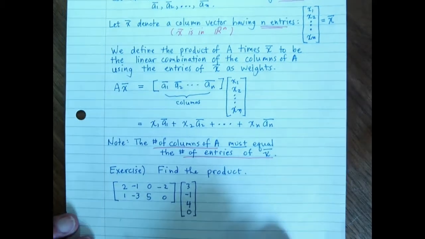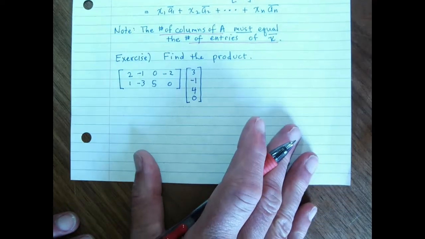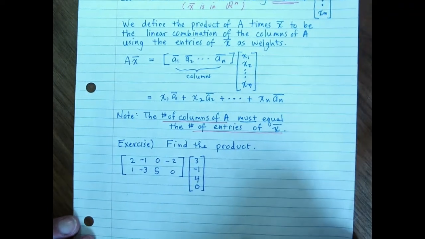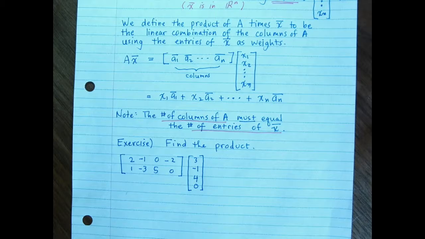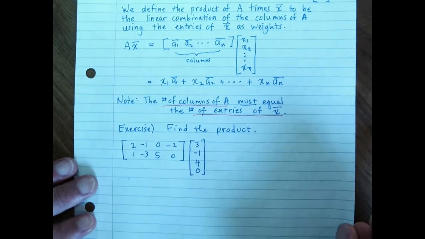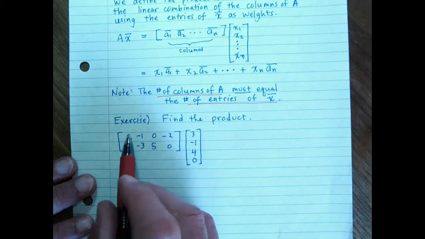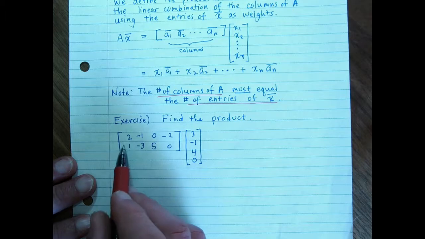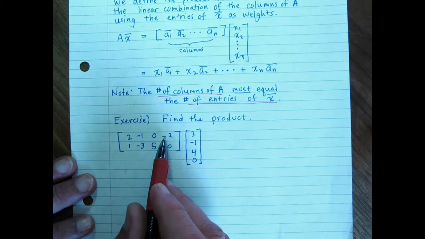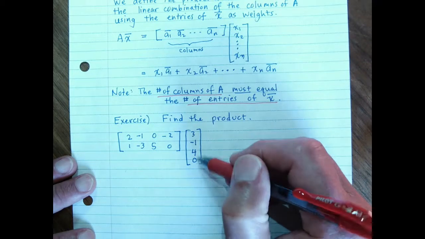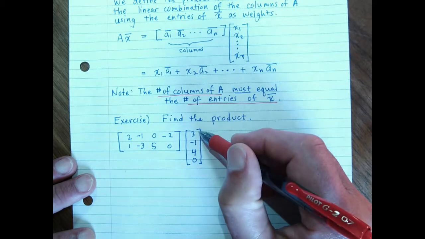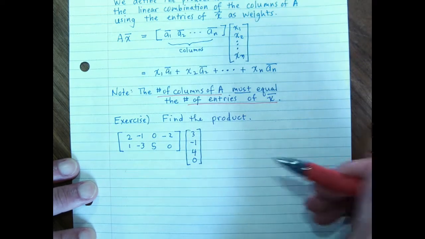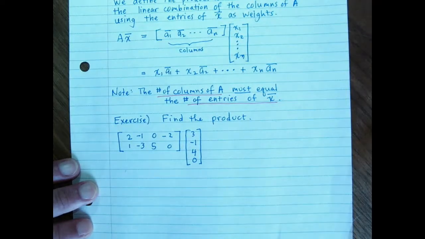Now, in order to bring this to life a little bit, let's go ahead and do an example. And you're going to see this is not really that difficult of an operation once you get used to it. So let's go ahead and do a calculation here. We're going to do an exercise: find the product of a matrix with entries as given. This is actually a 2 by 4 matrix. And we're going to multiply by, here's my x column vector. It's a 4 by 1 column vector with 4 entries. So the way we multiply,